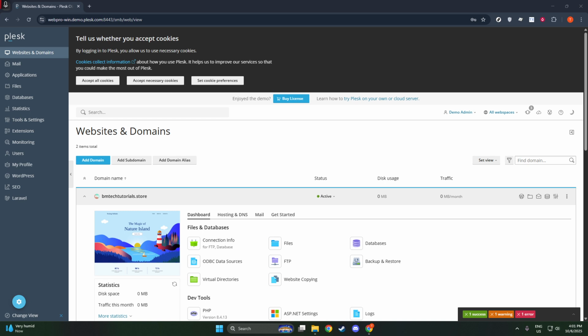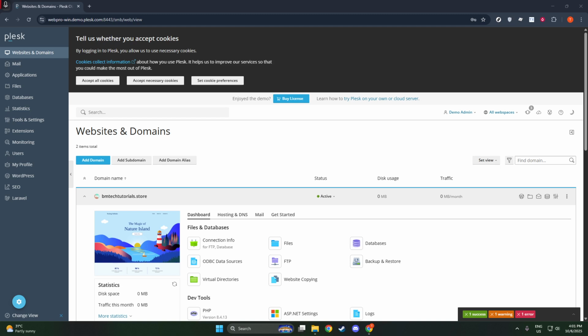First things first, to tackle this issue, you need to log into Plesk. If you're not familiar, Plesk is a web hosting platform that provides a user-friendly interface for managing your web servers and websites. You'll want to have your login credentials handy to access your dashboard. Once you've logged in, you'll see a range of options on your main screen, giving you control over various aspects